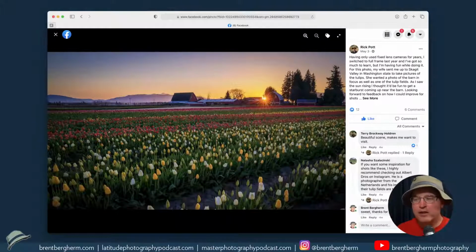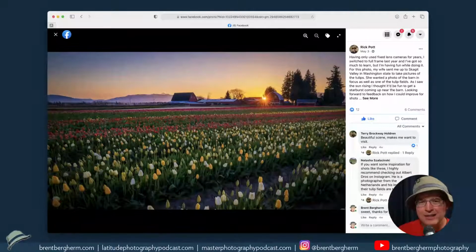Yeah, I think good call on the starburst. You used a small aperture. I'm going to guess in the neighborhood of f/16, maybe f/22, somewhere in there. And that's going to create that starburst. But another cool thing that's happening here, because of where that sun is coming through, right in the corner of that barn with the little tree right there, the sun is blocked just a little bit. And so it doesn't give us the full-on punching through of the sun, and so that tones it